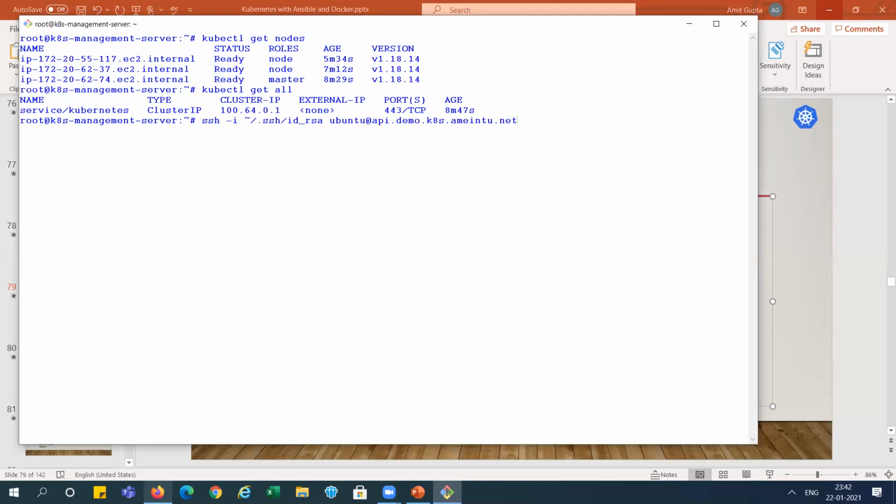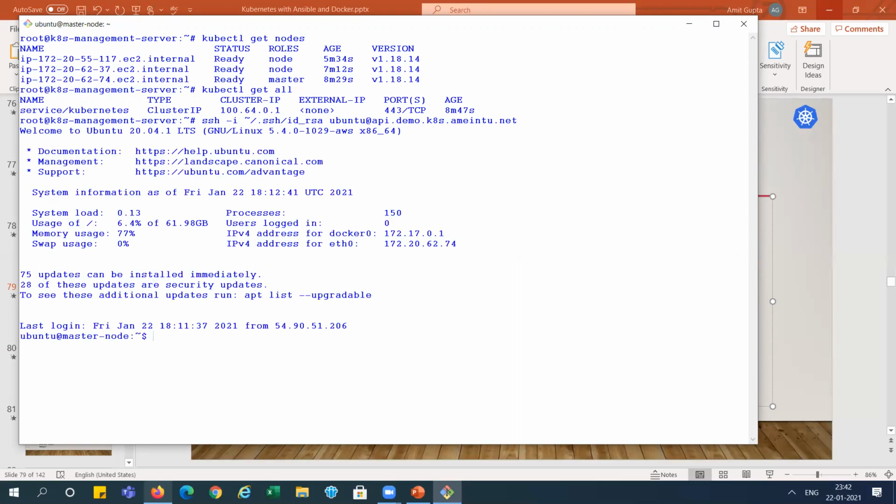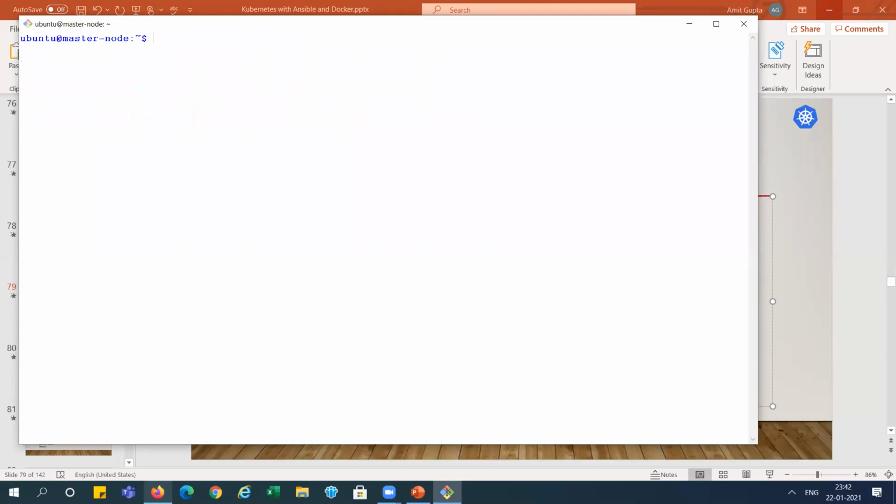So let's run both commands on the master server directly. Using this server, I am connecting directly from this server to the master server. Now we are connected with the master server. I am just coming here and running kubectl get all. So this command runs directly on the master server with the Ubuntu user.